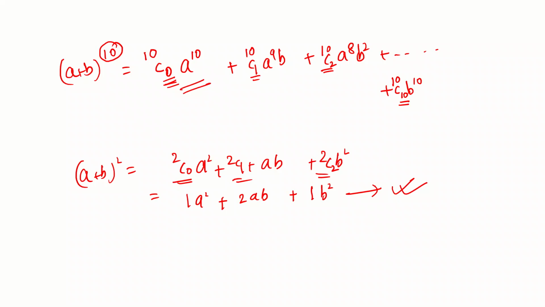It will start with a to the power of 50 plus a to the power of 49, then b is introduced, and then you keep on increasing the powers of b and decreasing the powers of a. That way you can write down the entire expression for this binomial in just one single line without doing anything. It's as simple as that. Isn't it great? Alright, let me write down the general formula.